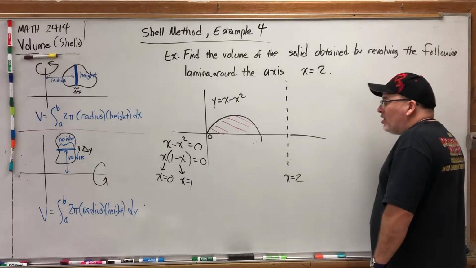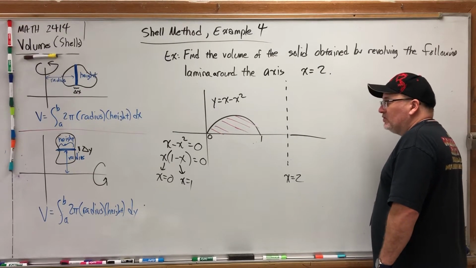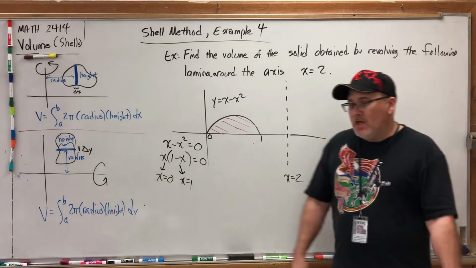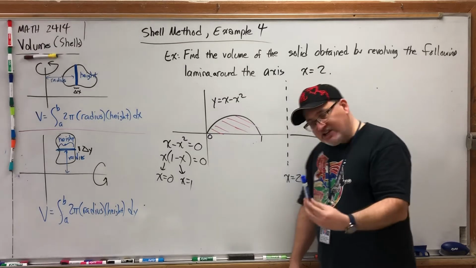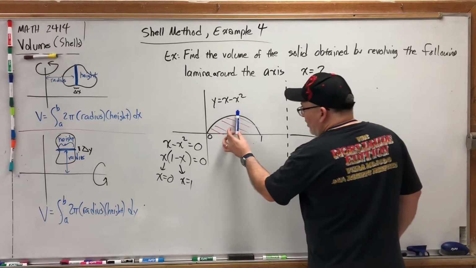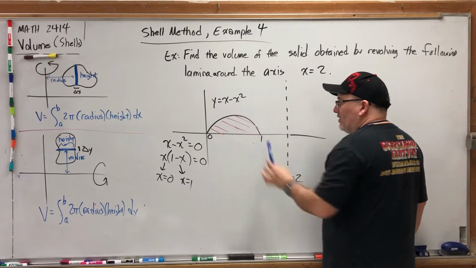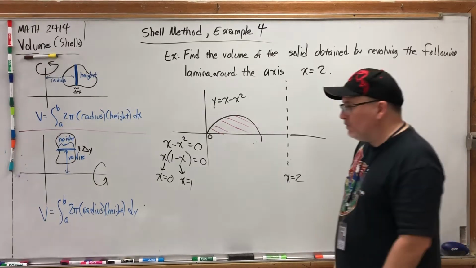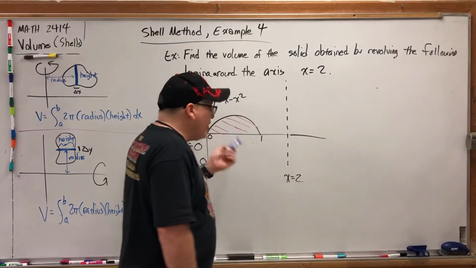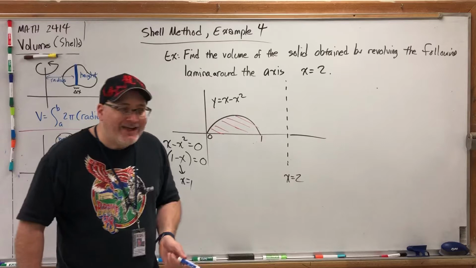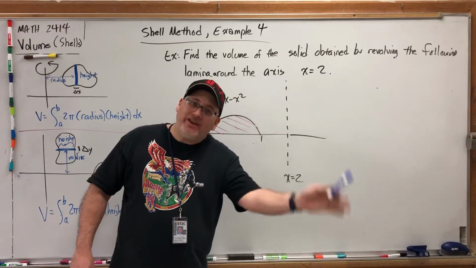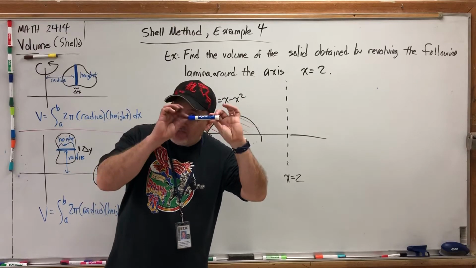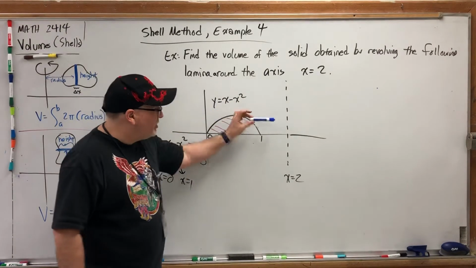So let's just put it this way. If you are a function of x, you probably want to pick a vertical cut because a vertical cut will be a dx integral and your function is already a function of x. If your equation was a function of y, so it said x equals stuff with y, it would be easier to integrate dy, which means we would need a skinny y side, which means we would need to cut it